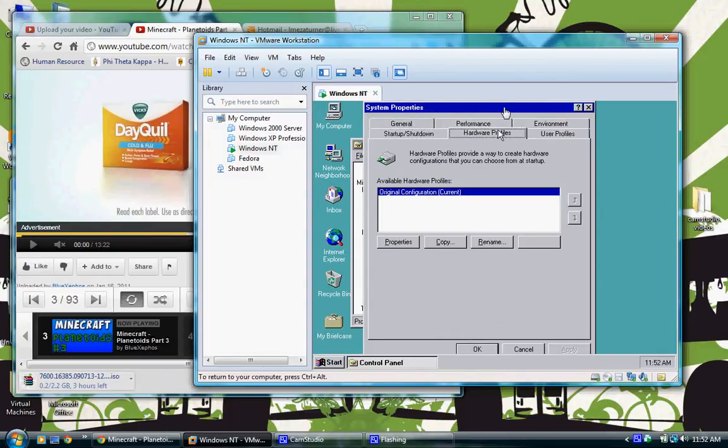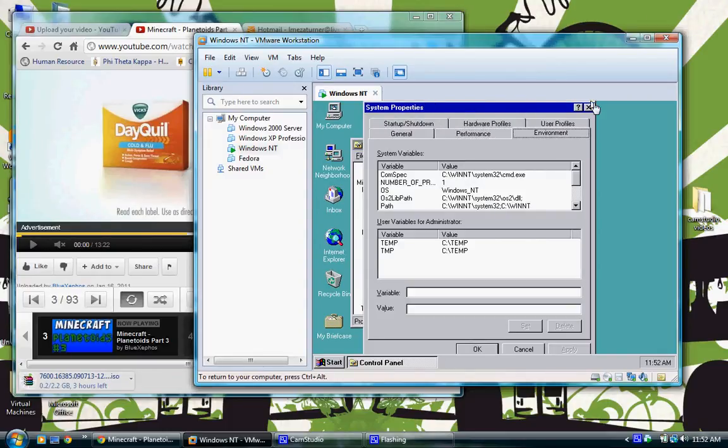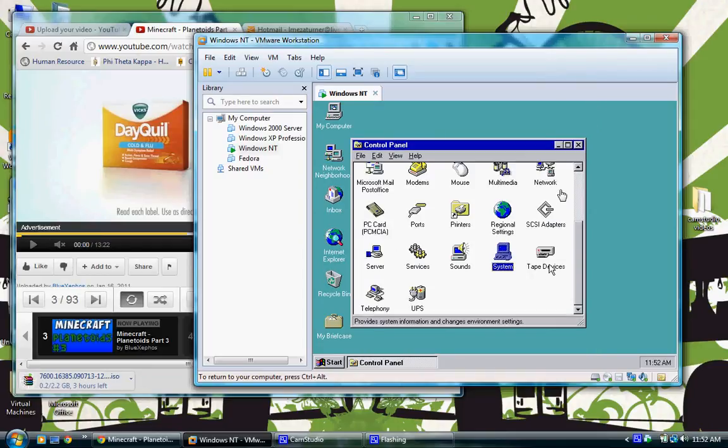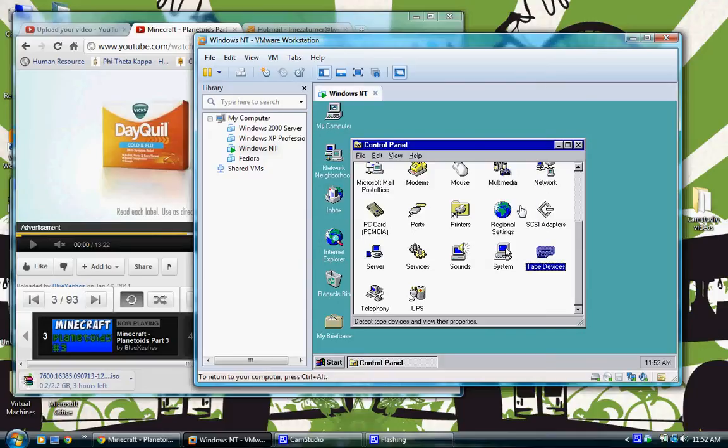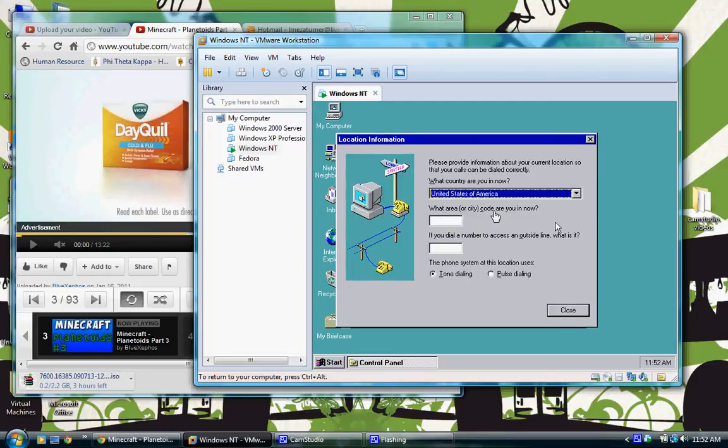System, startup, shutdown, performance, environment. And tape devices. I don't really use this anymore. If you're running a server, then you probably have tapes to record data onto, but they don't do that much anymore. Telephony. This is another modem option. So if you want a forwarding modem,